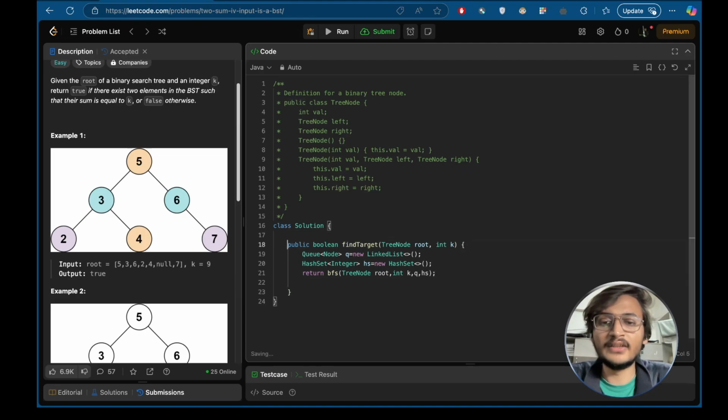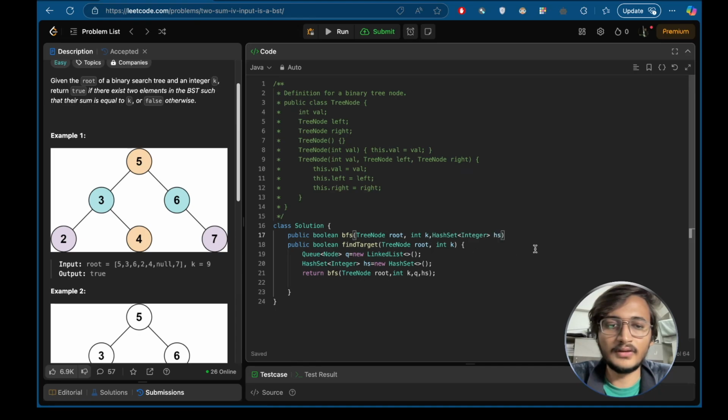Now let's make the function as well, which is public. This is also boolean return type, and we will be naming that as BFS. Then we will be passing everything here as well, so tree node root, and then int k. Let me copy this and paste. Then we will be passing our hash set. Let me copy this as well and paste here, and then we have to pass q. So let me do it